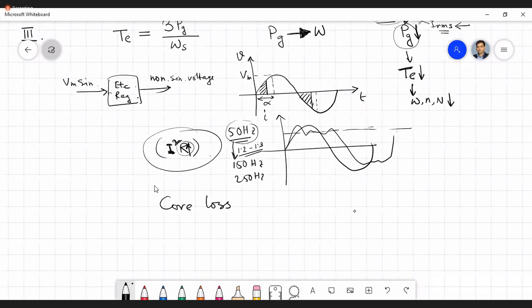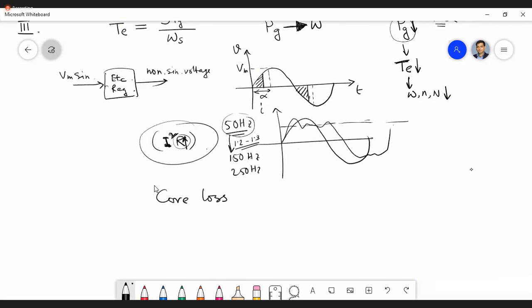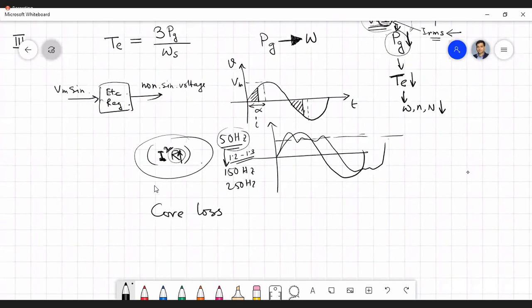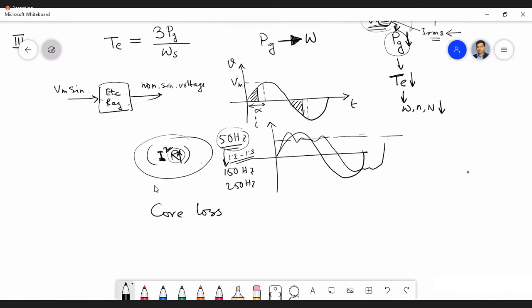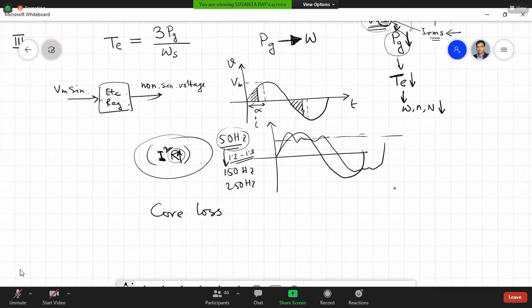Clear? Understood? So this is the explanation of the third point. That means due to this harmonic component present in the source current or line current, what kind of problem we may face in the line equipments like induction motors, transformers, capacitors, reactors, etc. Okay, is it okay? Yes, sir.